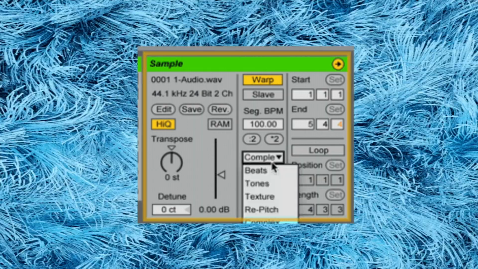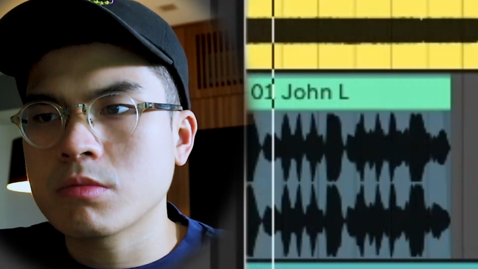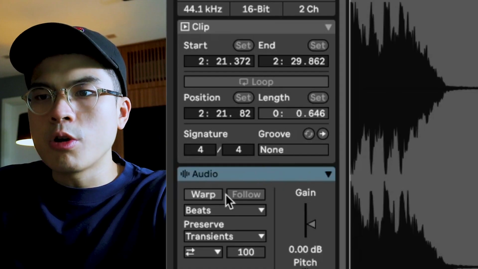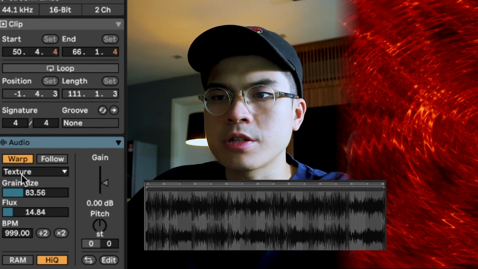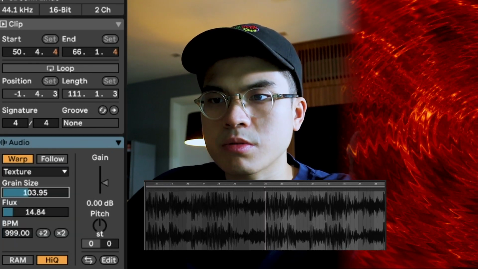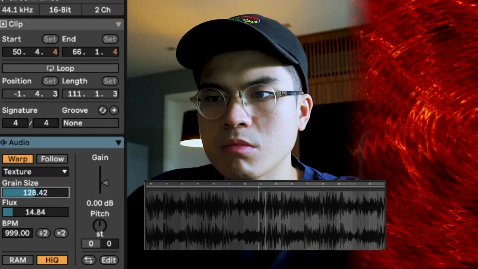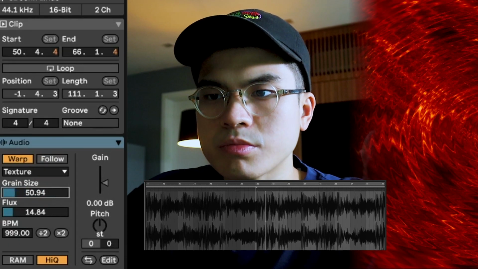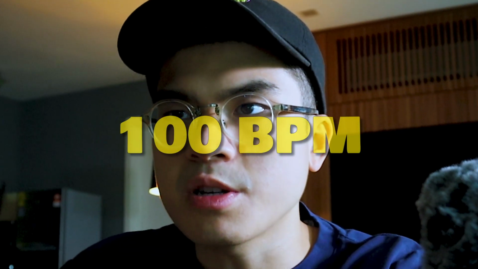After trying to make that sound using Granulator 2, I realized there's a much easier way, which is just using texture mode in Ableton, like in the Ableton audio file. You take the original sound, you warp it, and stretch it all the way to the end. What you do then is you change this mode into texture mode, and you play around with this grain size. If you go back up to 100 something, for example,